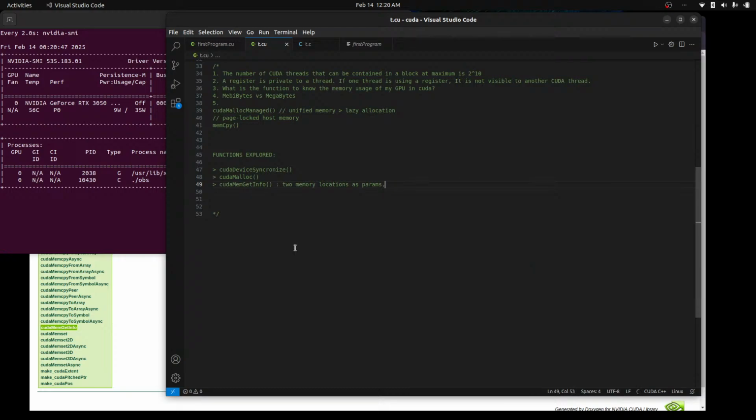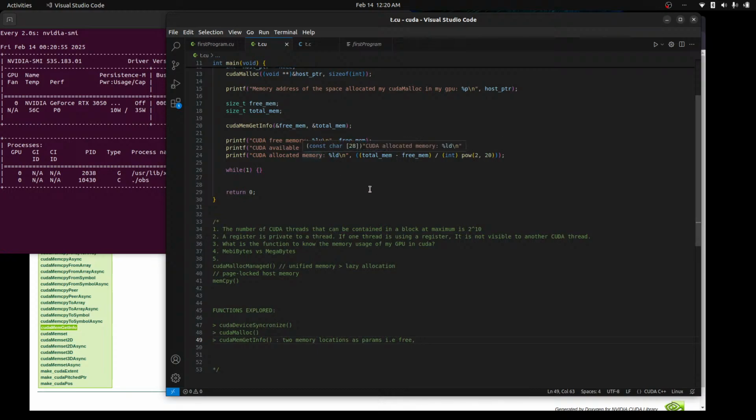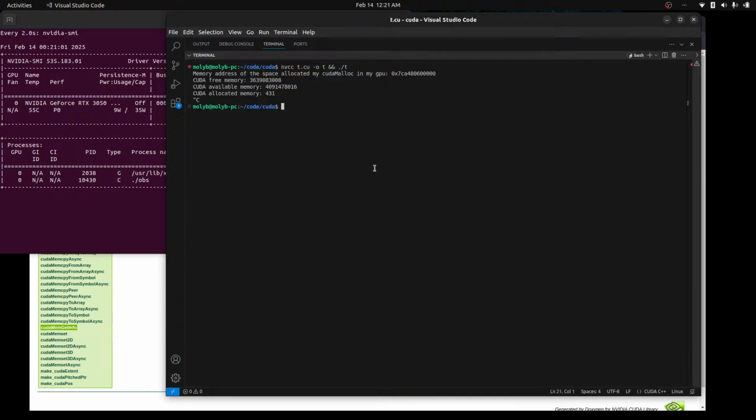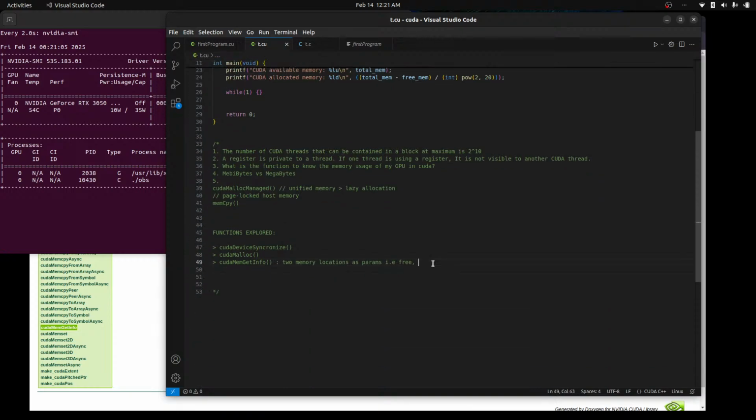One is free memory, another one is total memory. Okay. Next, cudaMalloc takes two params, that is a pointer to a pointer variable